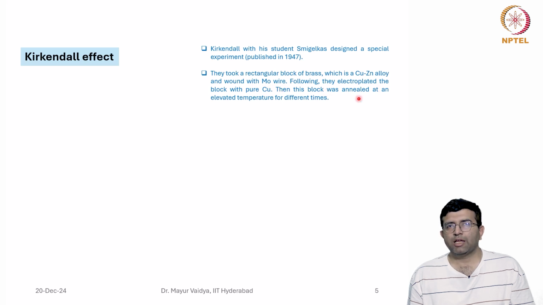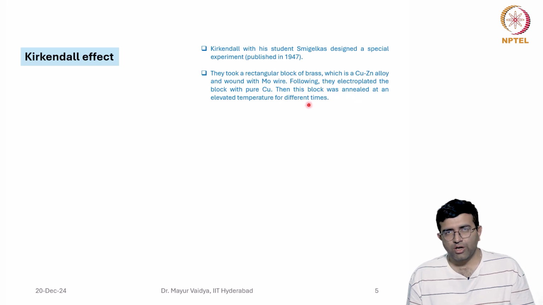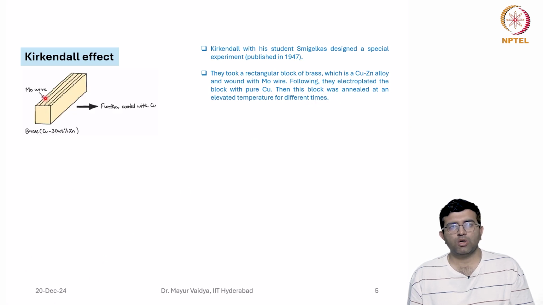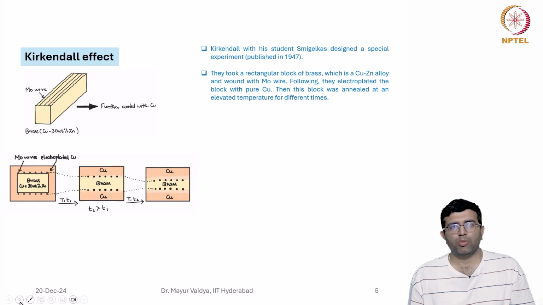Following that, they electroplated the block with pure copper. Then this block was annealed at an elevated temperature for different times. This is shown here. This was the brass along which they put the molybdenum wire, and it was further coated with copper. You can see here the outside is copper and this is brass, and these are the molybdenum wires. This is a cross-sectional view, and this was heated at a temperature T for several different